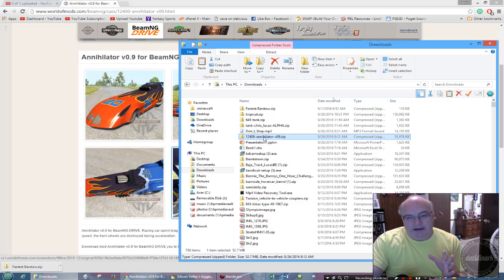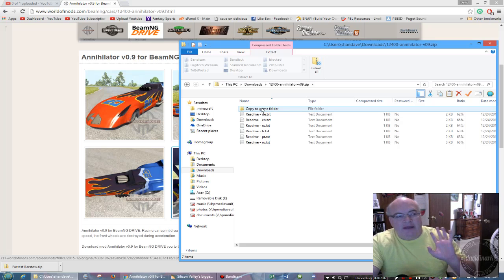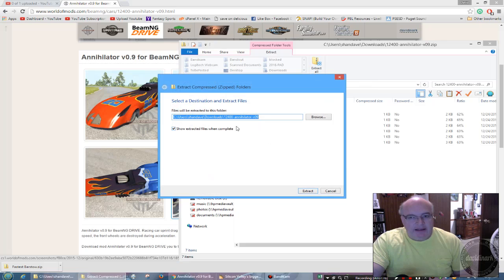So to do that, you have to open up the zip file, and you're going to see a bunch of readmes, and you're going to see a thing that says copy to game folder. All right. I don't know, maybe that's the way it used to work or something. But anyway, the first thing you want to do is extract all of the files from the zip. So we're going to hit extract all, and it's going to put it in your downloads and then a folder with that name. So I'm going to say extract,